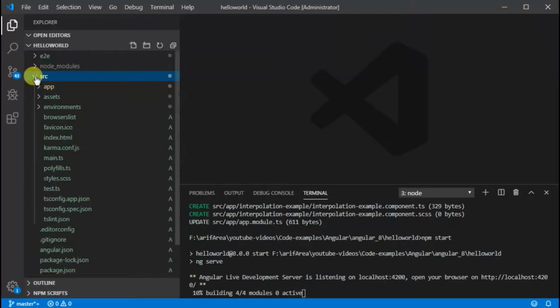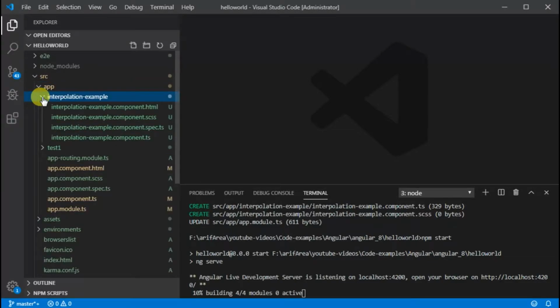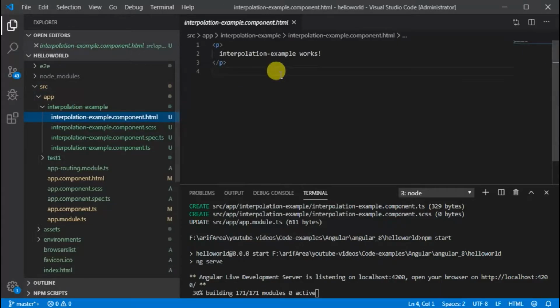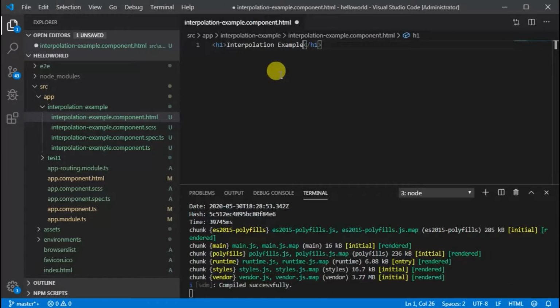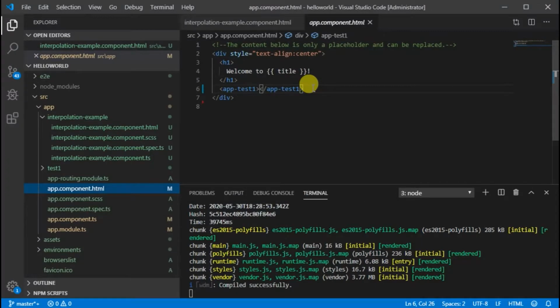Let us go to the interpolation component. We have the interpolation example folder. Inside that folder, we have HTML, CSS and TS files. We will just replace this HTML. In app.component.html, I am going to use the interpolation example component.